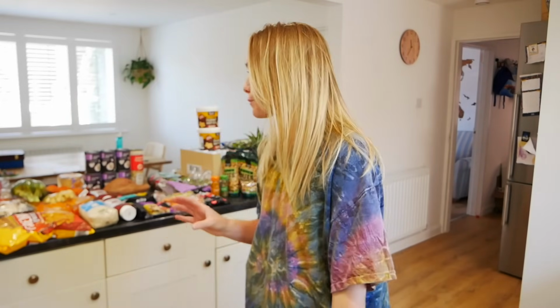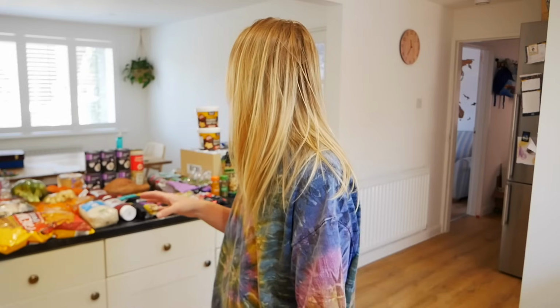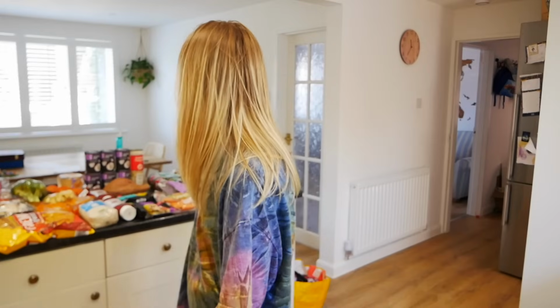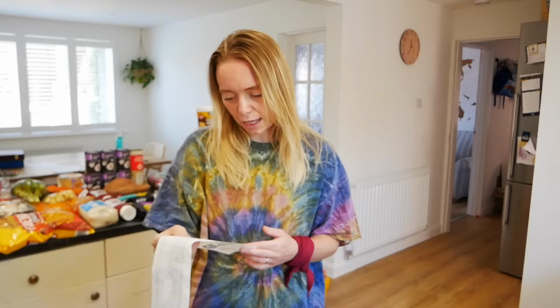This was a very big stock up for us. There are things that hopefully we won't need to buy for the rest of the month, and we have spent a lot more for a food shop than we normally do. But that is because we bought the higher ticket items like the peanut butter, like the juices, like the nuts and the soy milks. They are all really expensive stuff that will hopefully see us through to the end of the month. So I have my receipt here, and altogether I spent a whopping